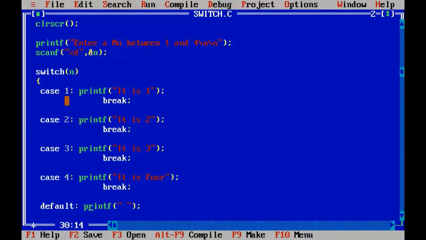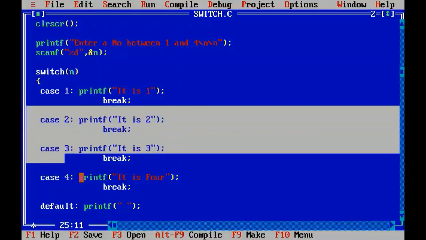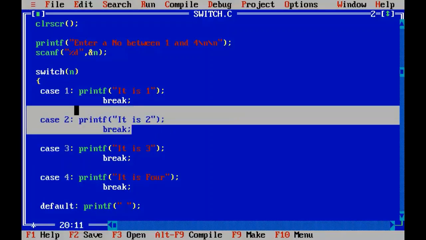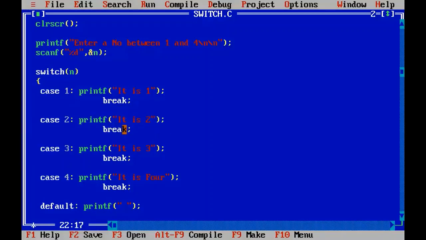Like this, I'll have different case values, and I'm going to check the inputted number stored in n with all these case values. Whenever the match is found, the block of code associated with that case will be executed, and it breaks the execution at that point and skips all the upcoming cases.